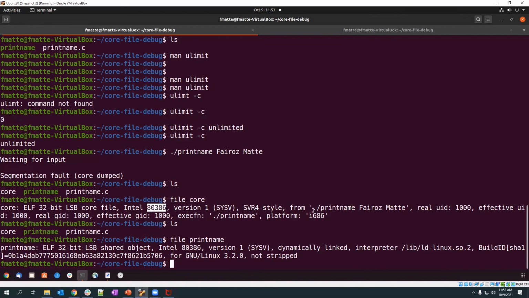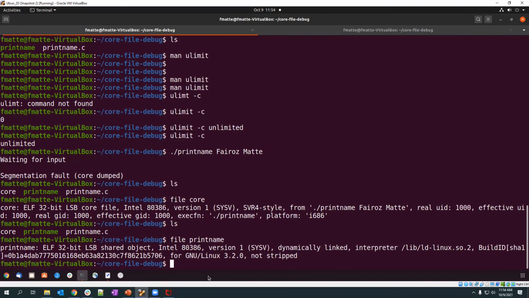And then it tells about the process. This is the process name, print name is the process, and it tells what arguments it has taken, like the two parameters it has taken. There are a couple of other details which are not relevant for us now, and where the execution happened. It happened on i686 or i386 for 32-bit. Otherwise you would have x64 here. So this indicates that it is designed for a 32-bit platform.